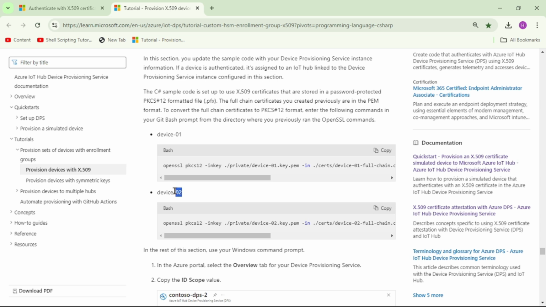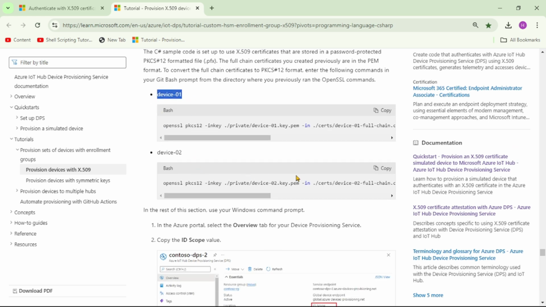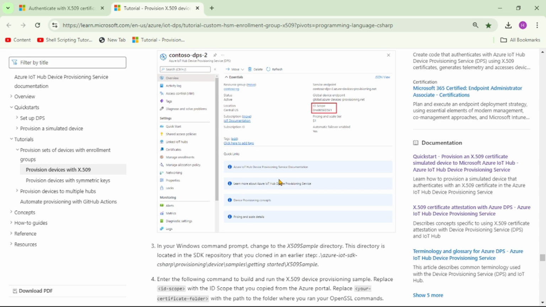And again, this second command is for device 2, but for this demo we are running it only for one device, that is device 01. Okay, so let's ignore this second command. Now let's go down,